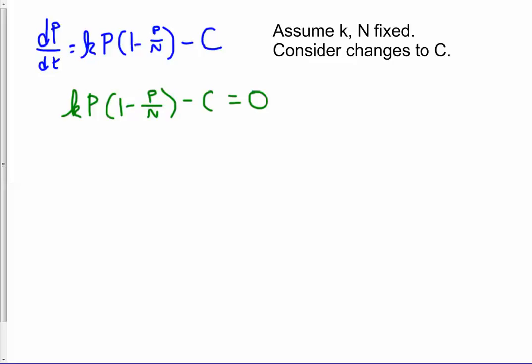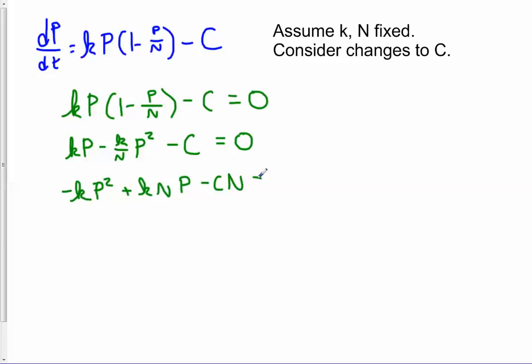Remember, we're solving for p. p is the variable we're trying to solve for. Now if we multiply this out, it will look like that. We can multiply through by n just to clear out that denominator, and let me put the p squared in as the first term. So we get -kp² + knp